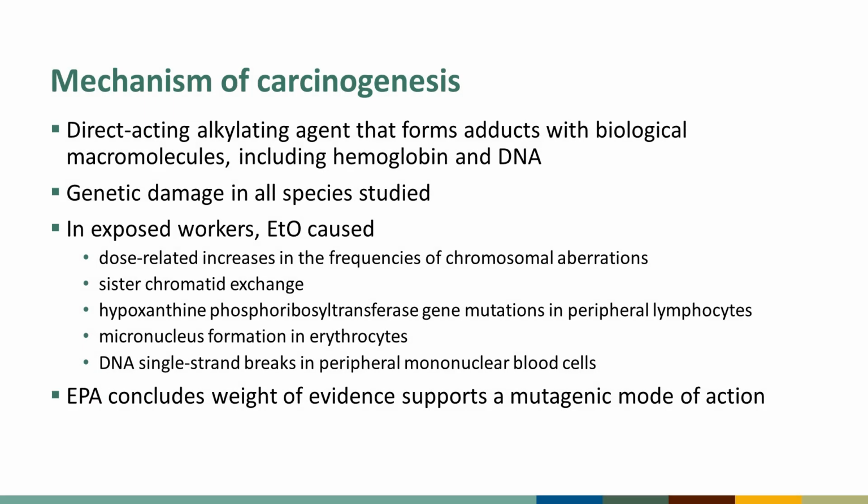Now let's explore ethylene oxide's mechanism of carcinogenesis. ETO is a highly reactive alkylating agent that reacts with many constituents of tissue, resulting in cellular and tissue dysfunction and destruction. Ethylene oxide caused genetic damage in all species studied, including prokaryotic, lower eukaryotic, and in vitro and in vivo mammalian systems. ETO caused gene mutations and heritable translocations in germ cells of rodents exposed in vivo. In occupationally exposed workers,